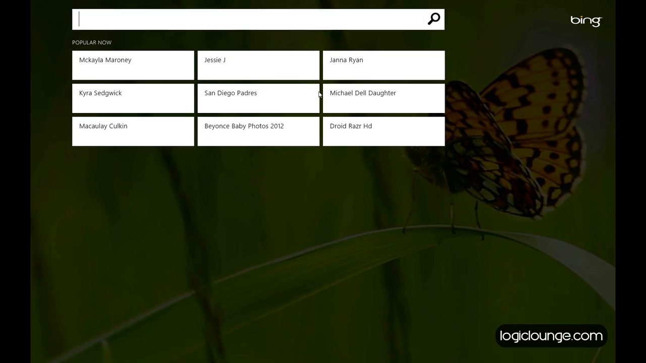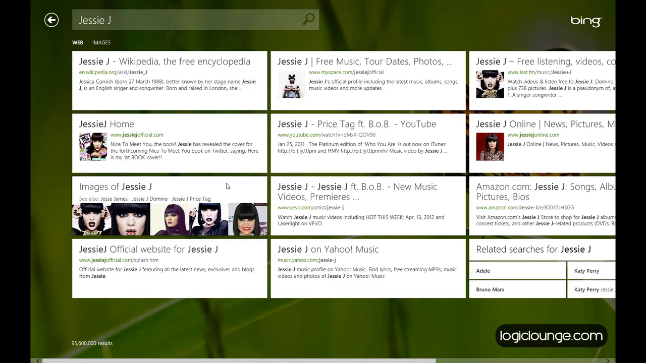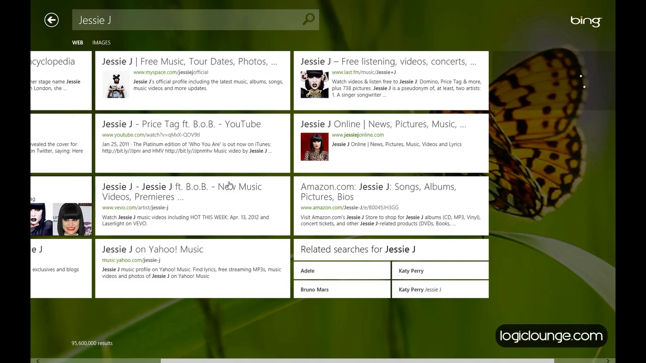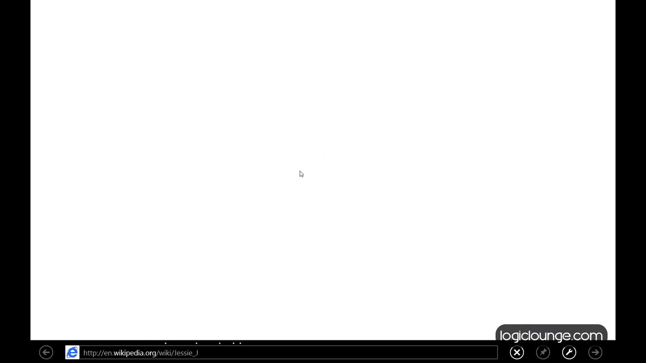You can also see what's trending on Bing. Bing is now a default application within the Windows install, so you can see what's popular now. Maybe we can click on Jessie J, and it brings up a nice search. And this is actually a Bing search window. You can see all these Jessie J articles here, and we can go into Wikipedia, which will bring up Internet